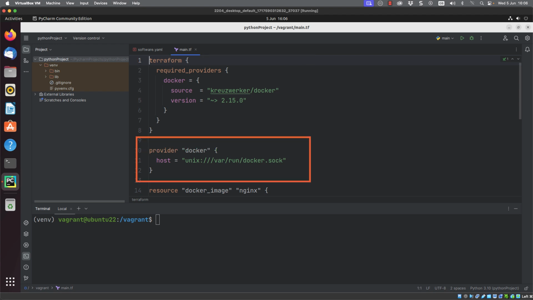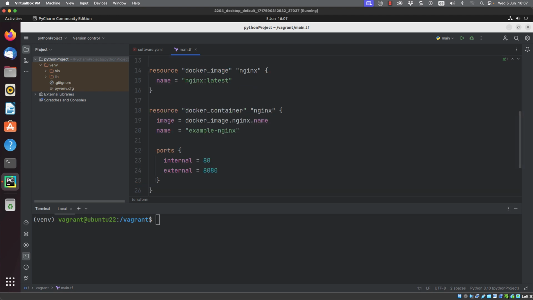Below that, we can then concentrate on the provider itself. And for the provider Docker, we are connecting through to the docker.sock, the socket file. Scrolling down, we're able to see that we have defined two resources. The first of these describes the image, so we're getting the Nginx and latest.